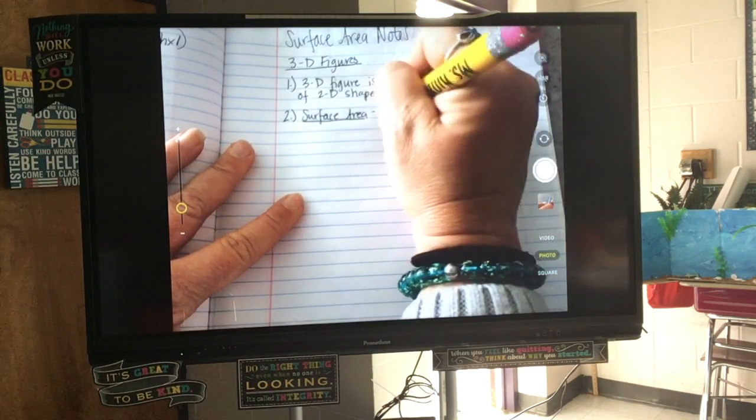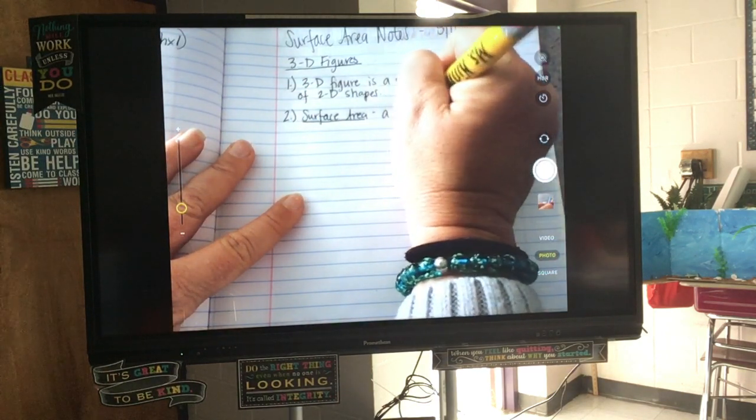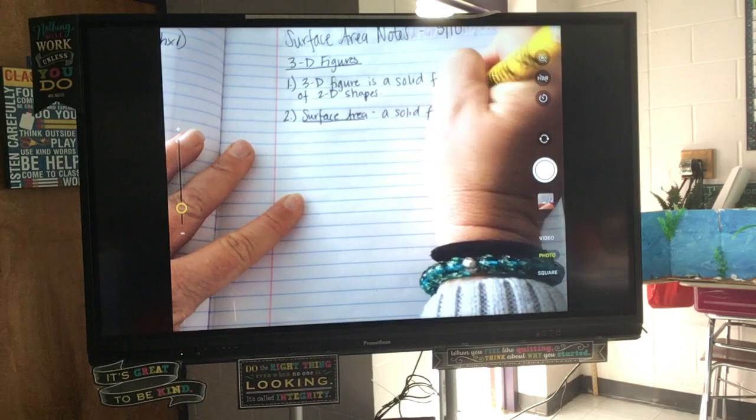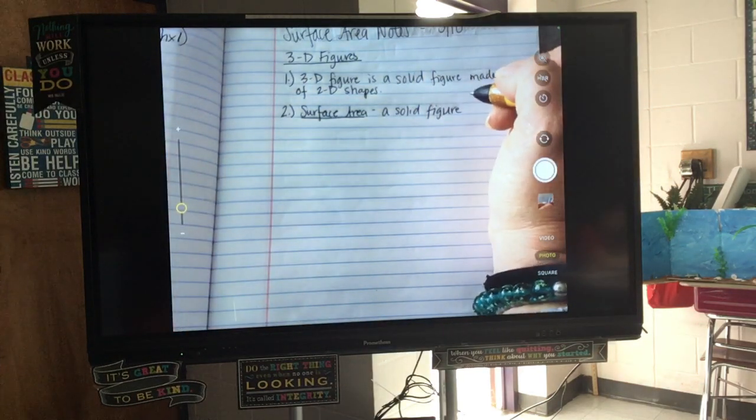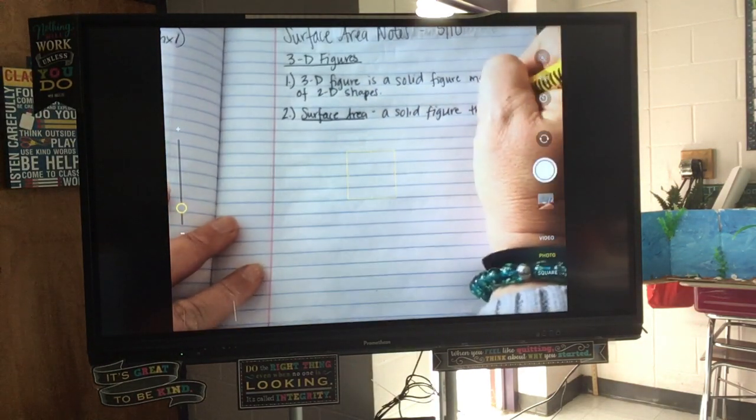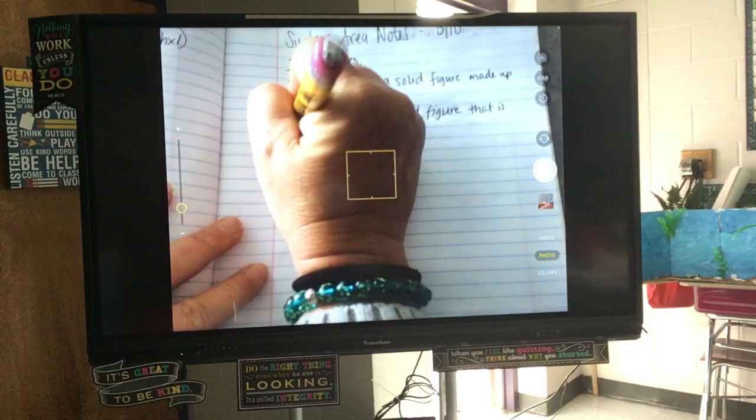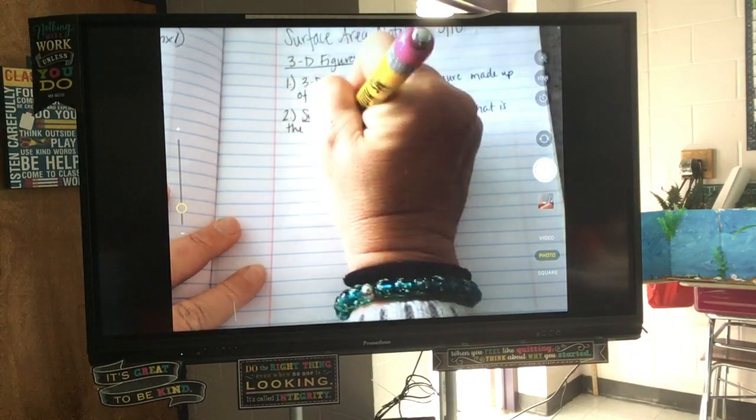Surface area of a solid figure is the sum of